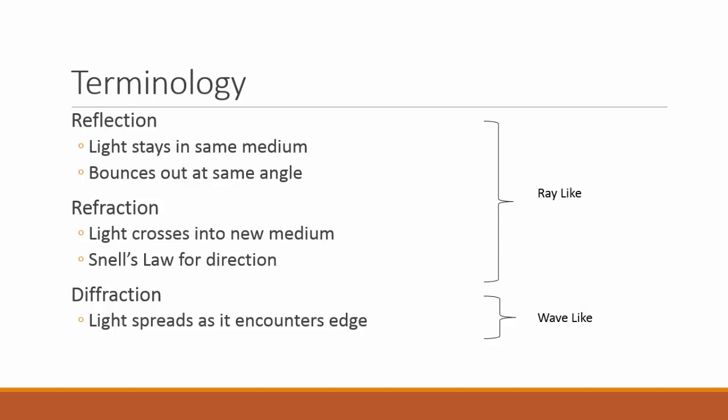Reflection is when light stays in the same medium, bouncing off of an interface where it changes speed. Refraction is where it crosses into that new medium where it changes speed, and we use Snell's law in that case. It'll get bent unless it hits exactly perpendicular. And diffraction is how light spreads, not as it crosses into a new medium, it's staying in the same medium, but it goes near an edge or a hole in a barrier. Now, the first two can be understood purely using the rays, and diffraction really can only be understood by discussing